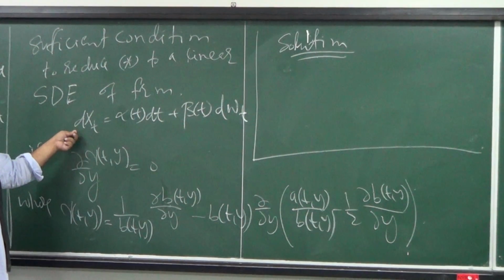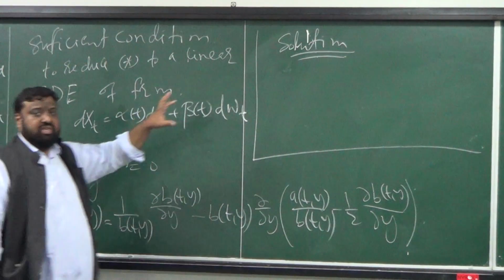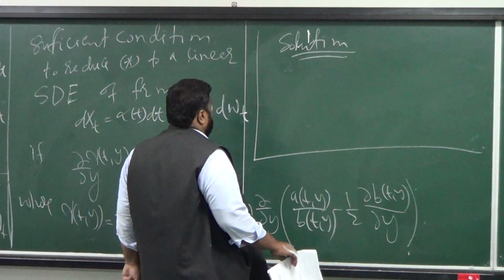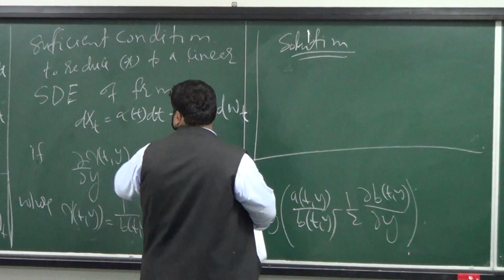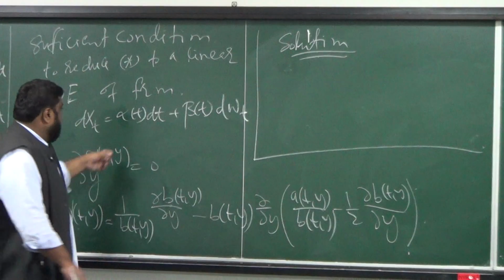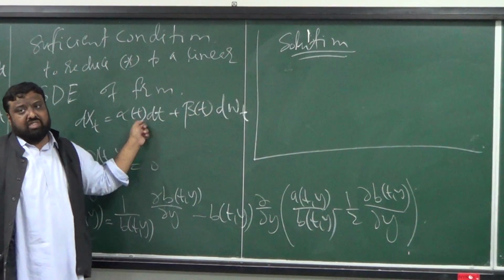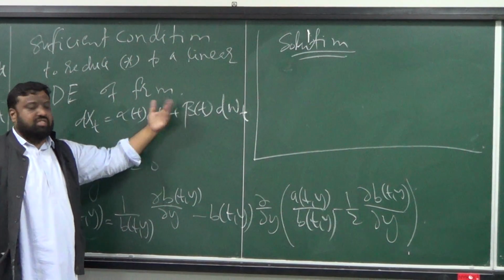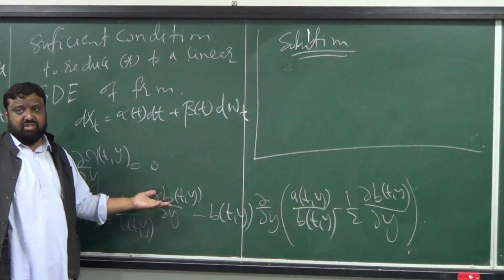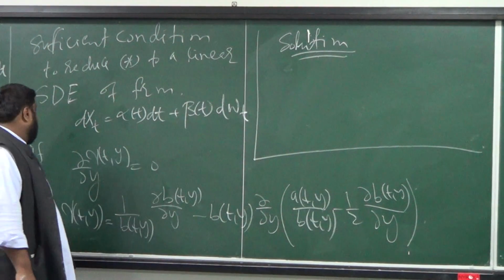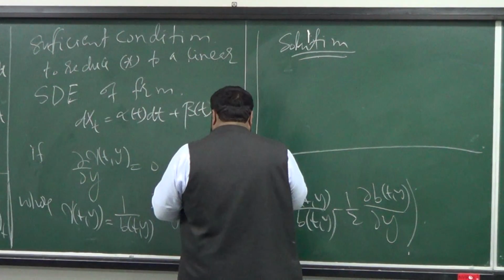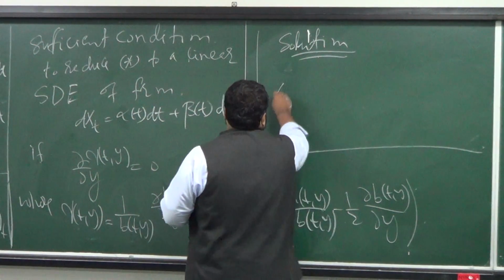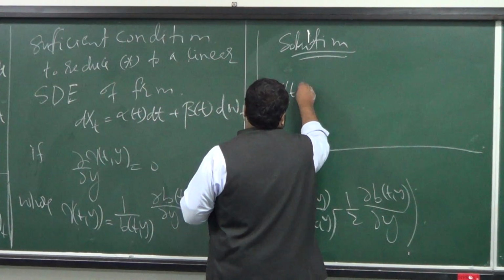Okay, and the solution that you're going to get by solving this SDE, I'll write in terms of the original coefficients, because here you have these dummy coefficients alpha and beta, which are functions in terms of the A's and B's. So I'll write the solution in terms of the original functions. The solution of such a problem can be given as this, so the x of